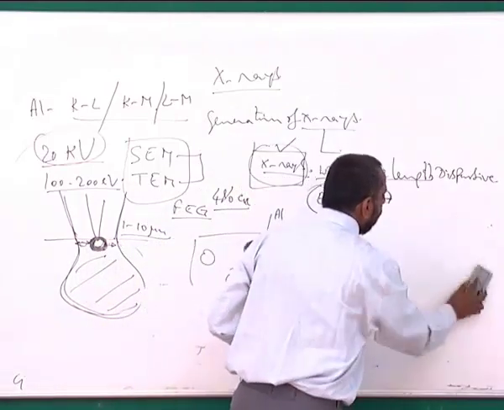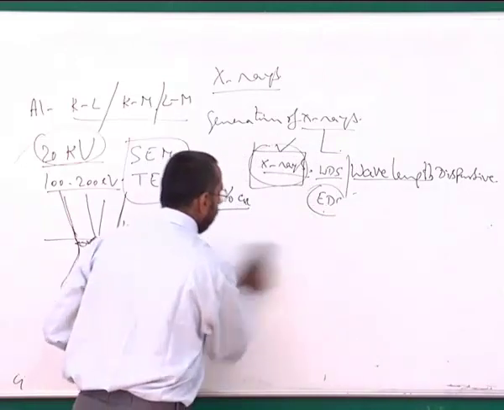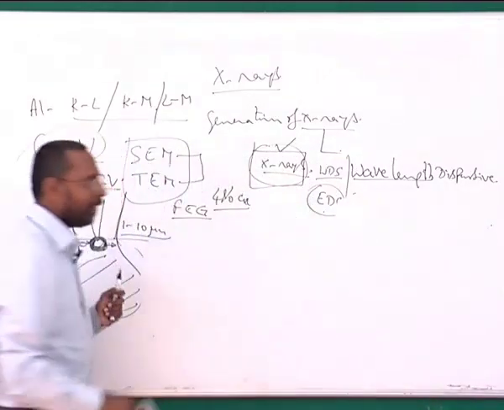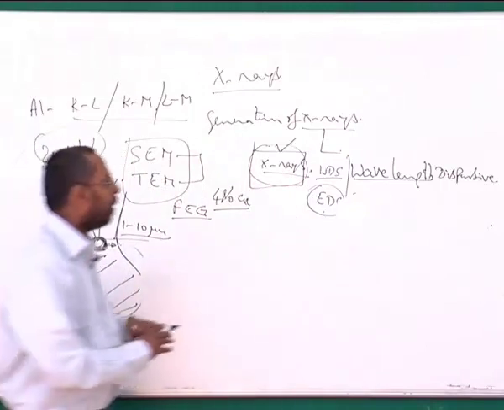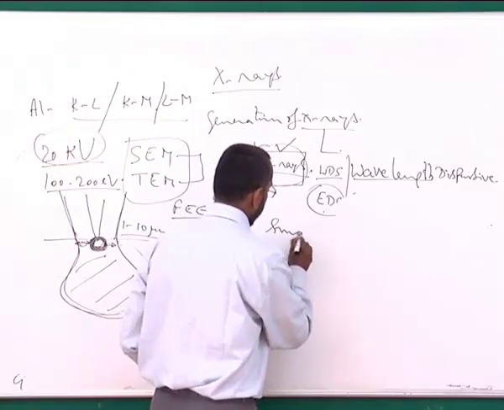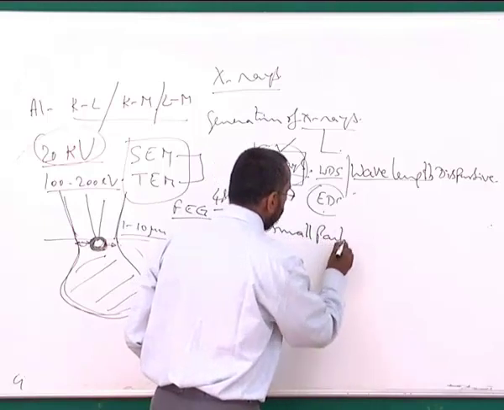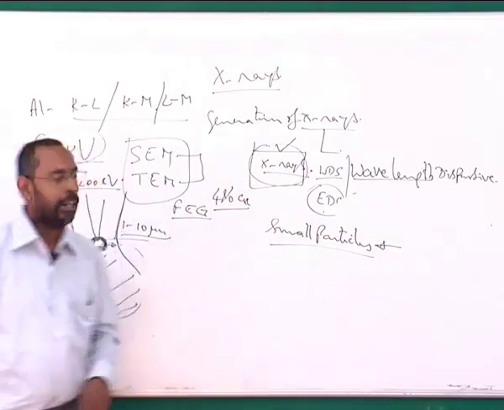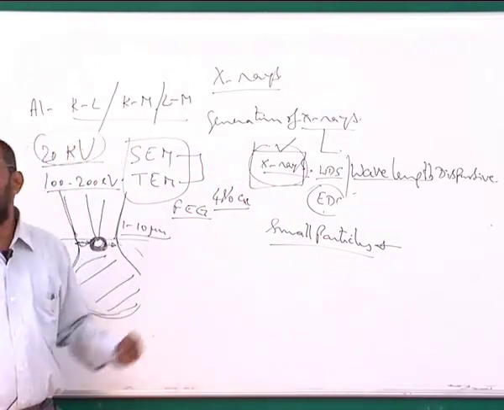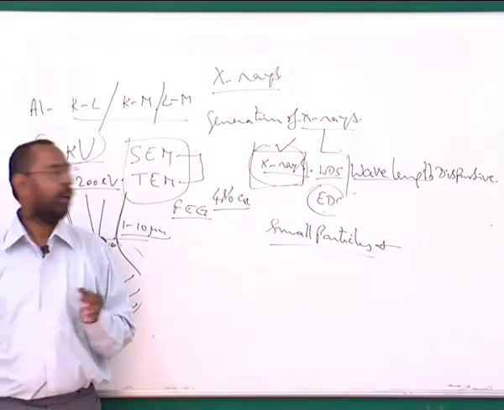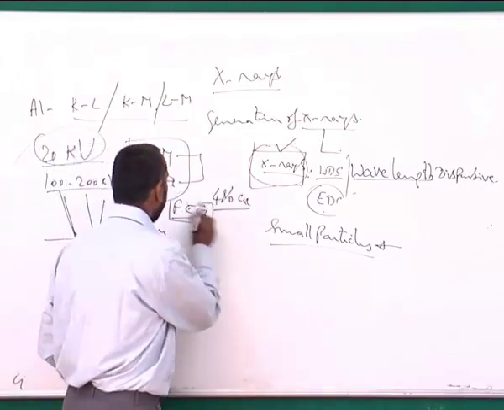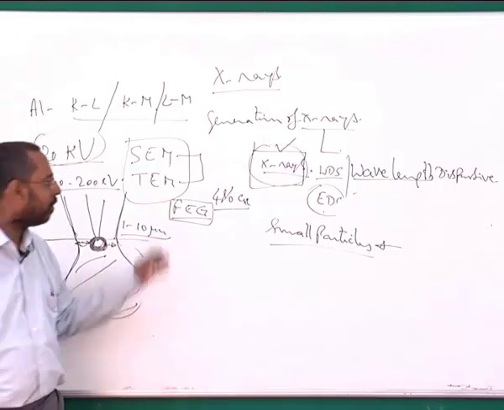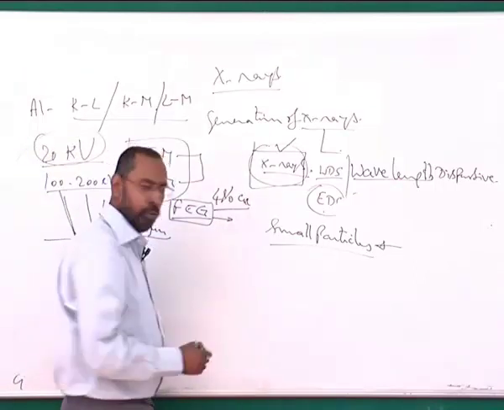So the smaller the particle, the more difficult the situation is. It is very, very difficult to detect the composition of very small particles. Small particles are always difficult to measure, and the smaller the particle, the finer the beam that I should use. That's why FEG-SEM is of great use if you want to find the nanoparticles and their composition. One needs to go to FEG-SEM and use fine beams.